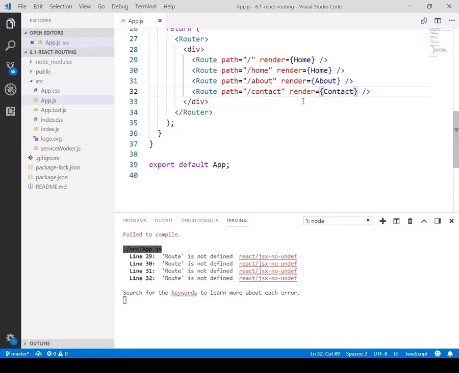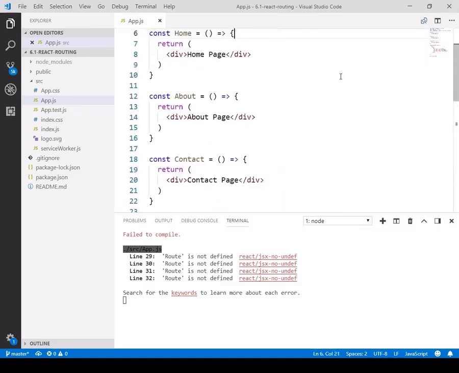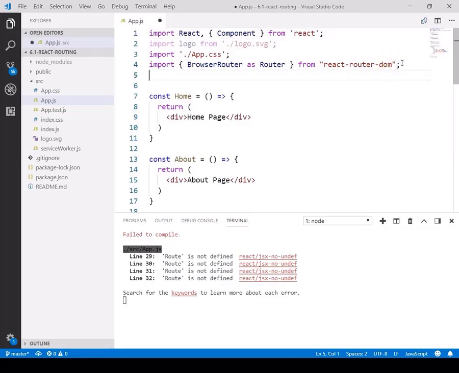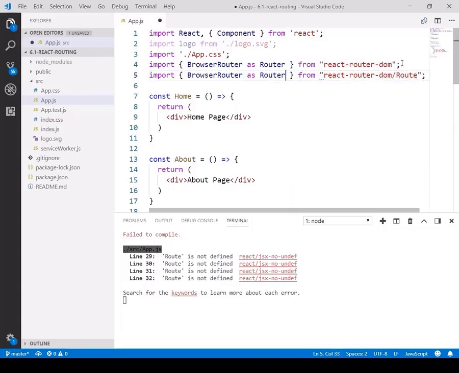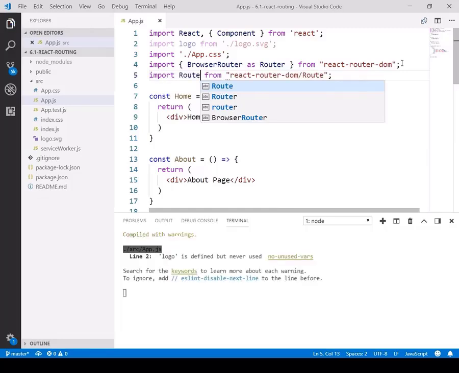It is simply saying that Route is not defined in our imports. The Route component exists in the same package React Router DOM, and you just need to import the Route component, never wrapped inside curly braces. So we will simply write import Route from React Router DOM. Just save this and render this over your React application.